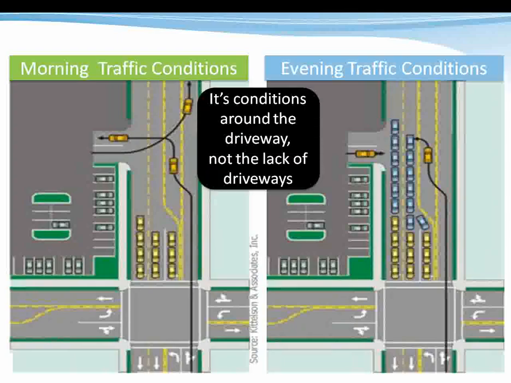So this picture of one site at two different times of day shows that at some point the customers can get in and out, but with the evening traffic, it is a completely different story. The same could be said if this was the traffic at the time that the shopping center was developed, and this could be the traffic 5 years after the development. What was once good access may, in just a few years, be very poor access for the customer and the business.